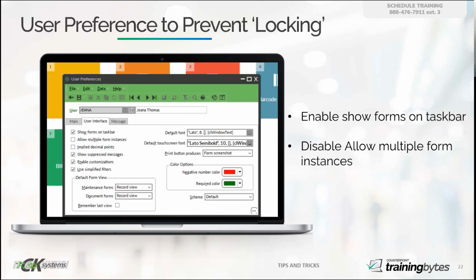This is Marty's favorite preference. So your user preference, and I know everyone's run into this, you got to post something and you get the dreaded message, another user is working on this batch, and you're like, why? There's no one else in Counterpoint. Well, more than likely, you have the switch